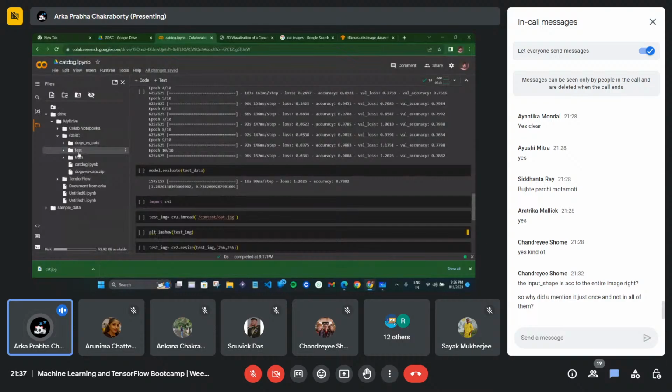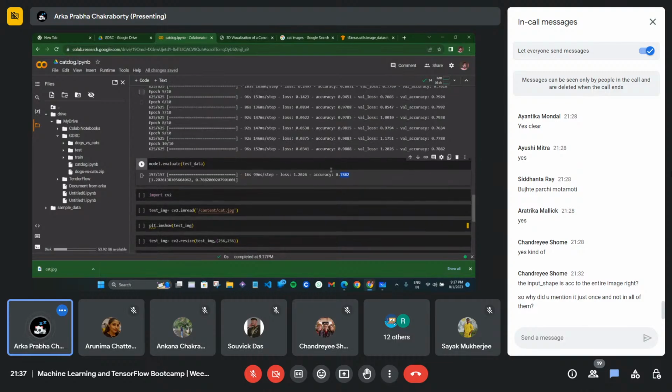You have test data and train data, and how your model does on the test data will be shown here. This is my accuracy, and this is my loss. Loss is high right now. I don't know why.